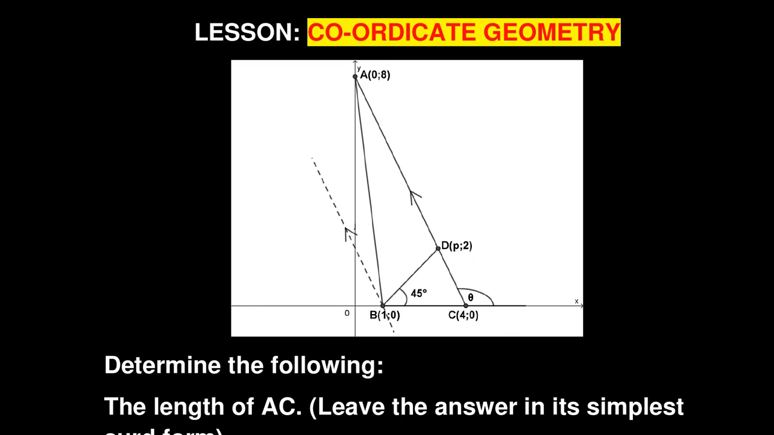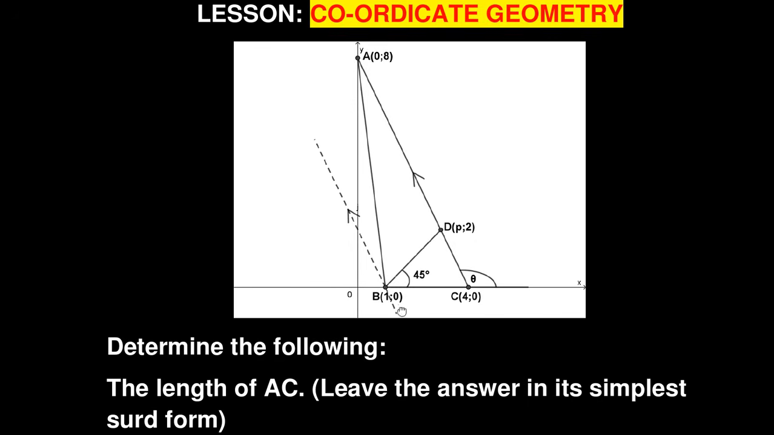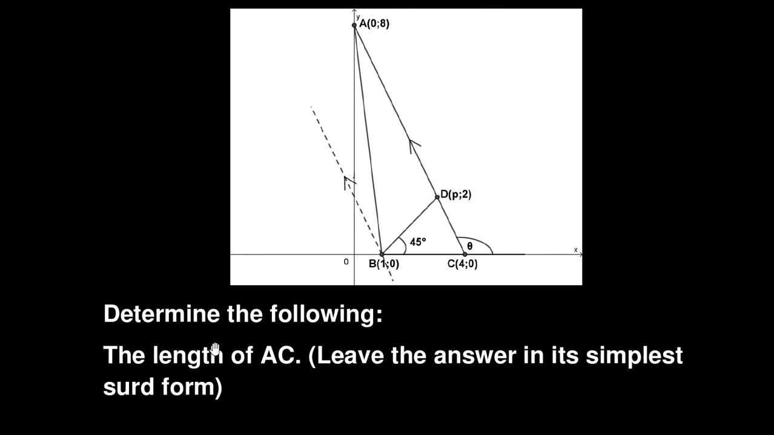Let us move on to the other question, again on the same diagram. The next question says determine the following: the length of AC. In this case, you have got A and you've got C, and they want the length, and it says leave the answer in its simplest surd form. So the calculator will actually simplify this for you. But now you can look at your formulas. There is a formula which says